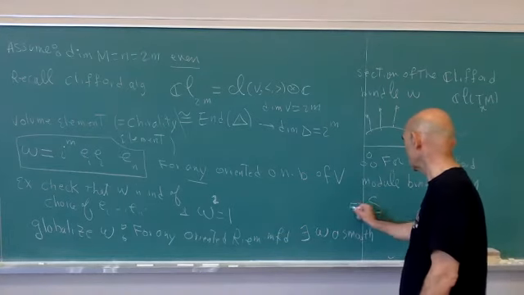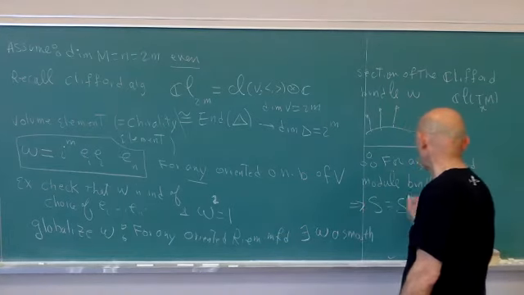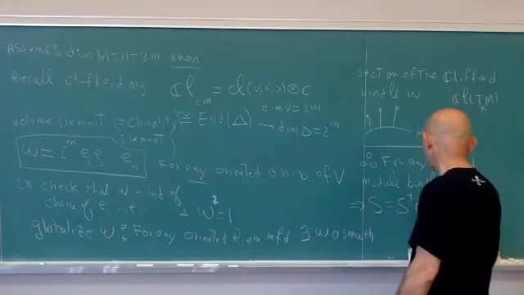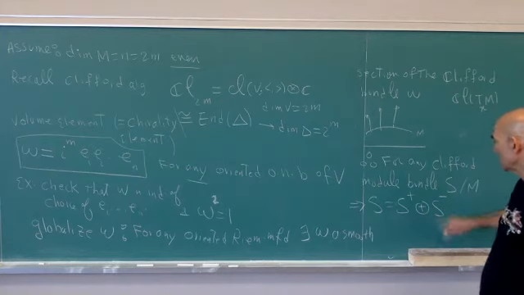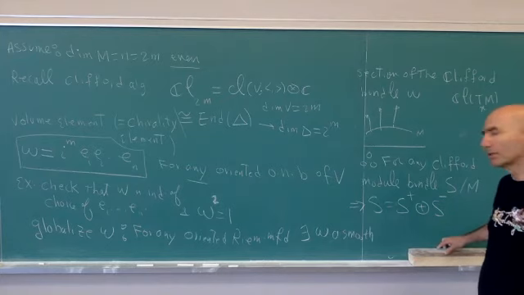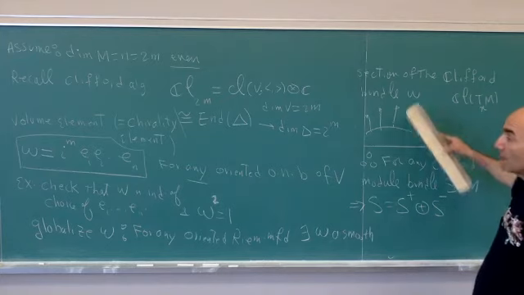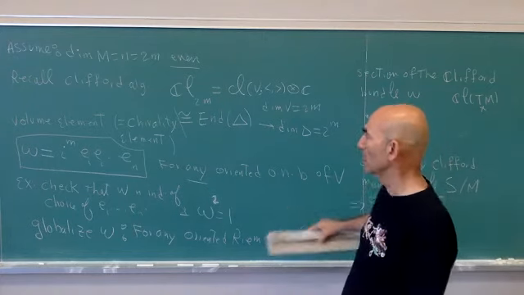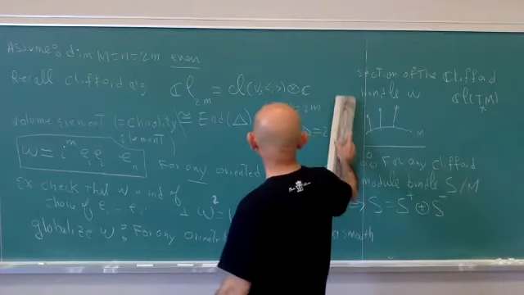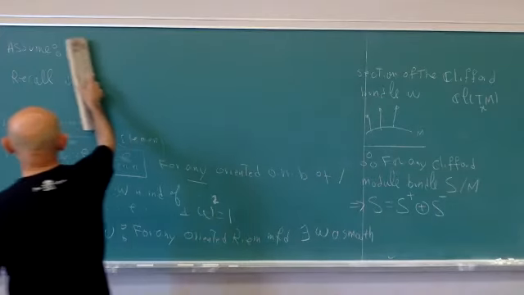So we get this decomposition S equals S plus direct sum S minus. How does this decomposition work? Well, we have this element omega, right? This sort of chirality or volume element omega. So we can just